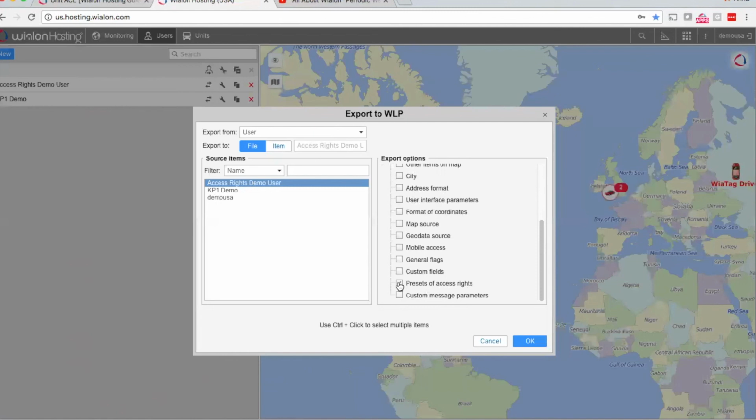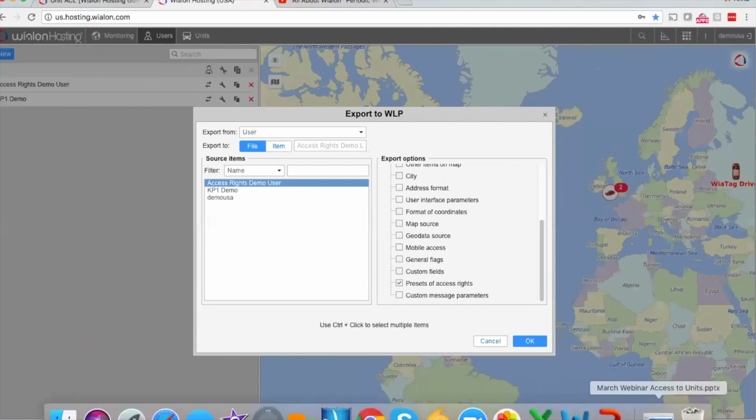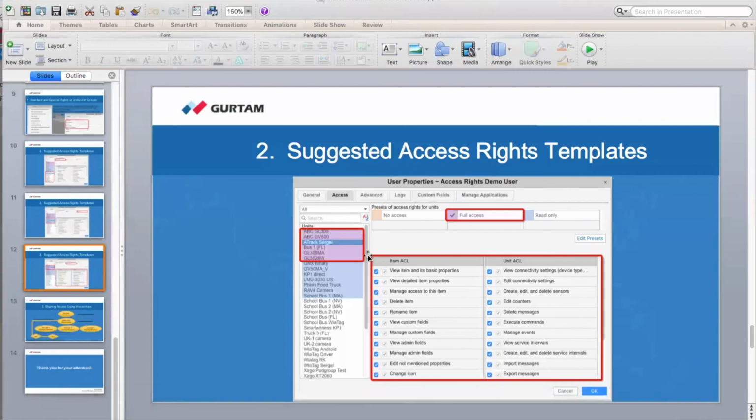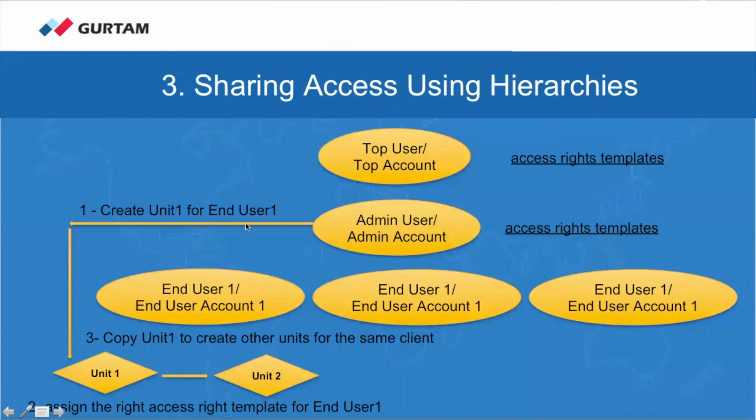Why this setting is important is because all the access right templates that we created for Demo USA user can indeed be exported and shared with other admin users who are supposed to distribute the access rights to units and unit groups. Let's look at the last slide of our presentation, the last topic that shows how you can share access